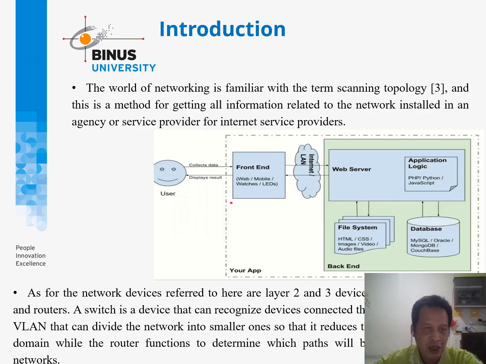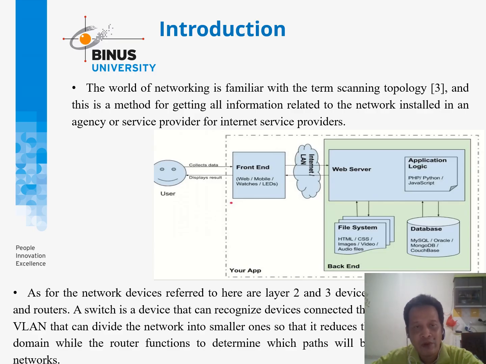By using the Simple Network Management Protocol, or SNMP, query technology, the implementation will be split into front end and back end sides with a 4-step flow process: scanning, saving into the inventory database, generating topology, and cron job. Most of the flow process activity is applied to the front end and back end sides, except the cron job, which is only for the back end side.